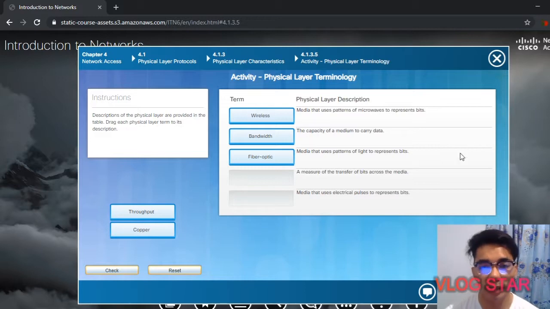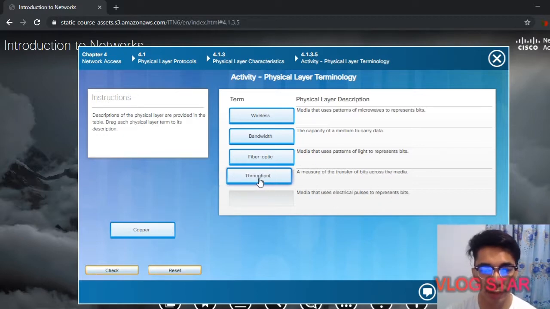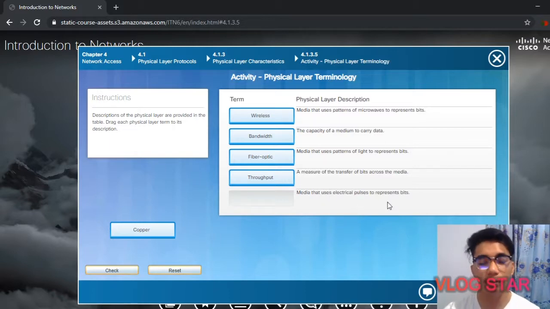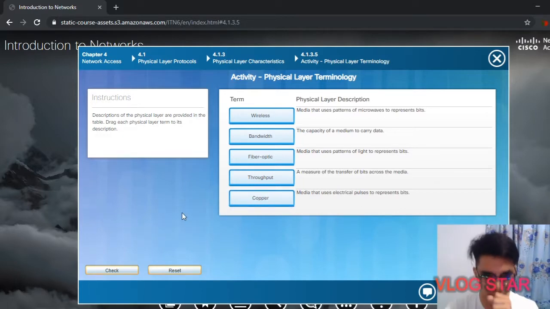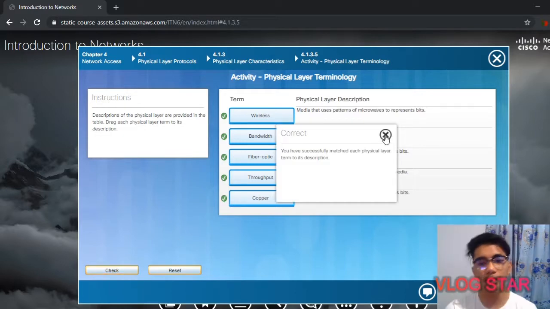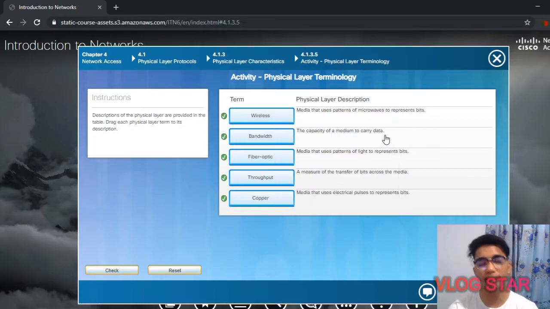Then, as I've said earlier, a measure of transfer of bits, the keywords bits across the media, and it should be throughput. Then, media that uses electrical pulses to represent bits, and the last one should be copper. Then, let's check. As you can see, we've successfully matched each physical layer term to its description. Then, let's proceed to